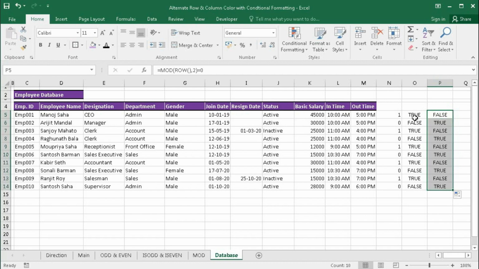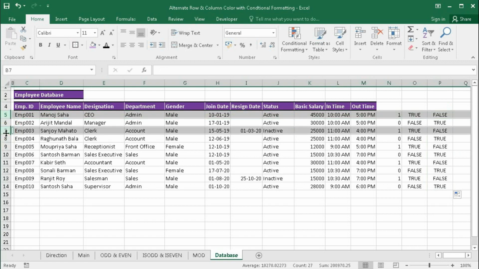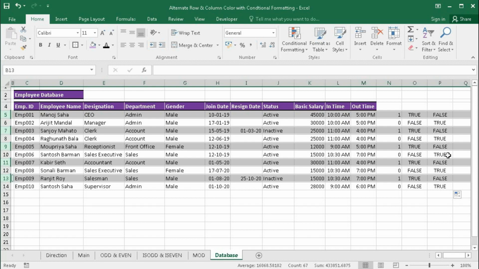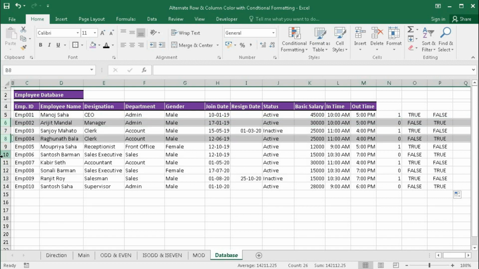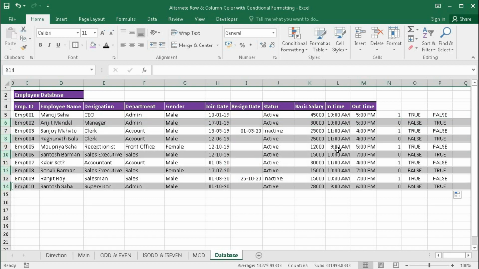That means in this case all the odd numbers are true. See here, all the odd numbers are true for this case, and for even this formula returns true. So this formula can be used to format odd rows and this formula can be used to format even rows.